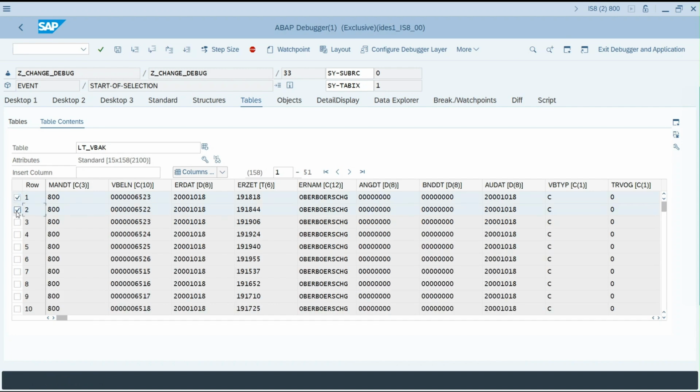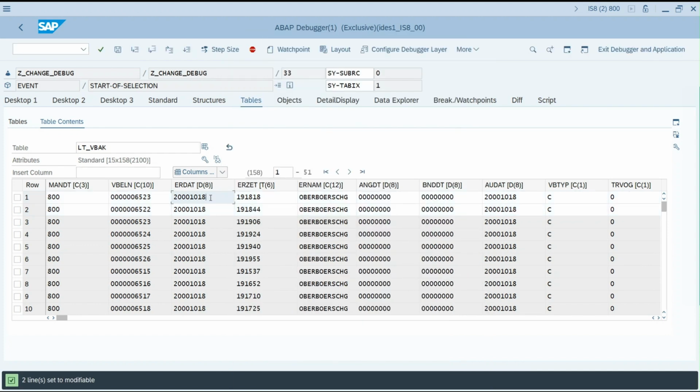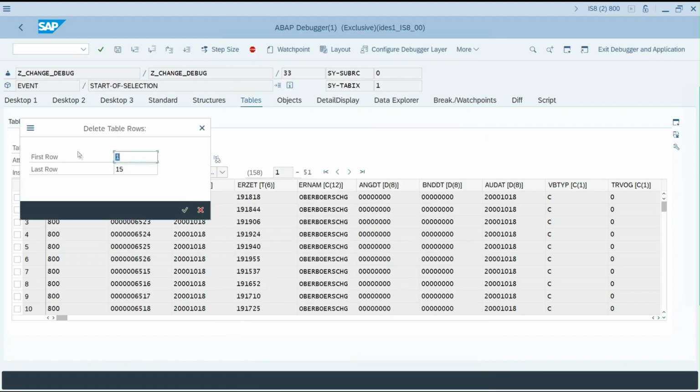Let's select the necessary rows, services of the tool, change selected rows, change something, enter, done. And also we can delete all rows or a range with the delete table or rows area button.